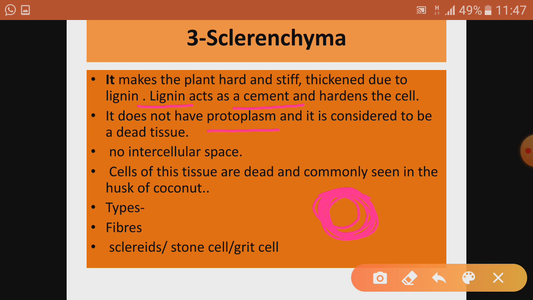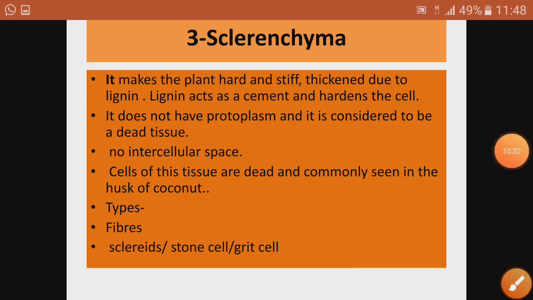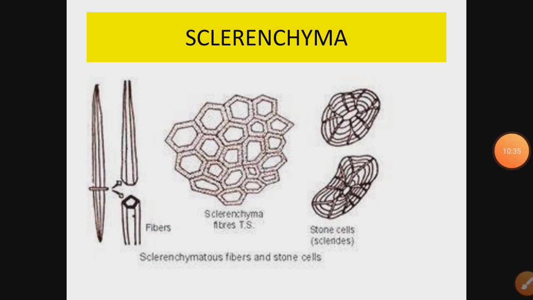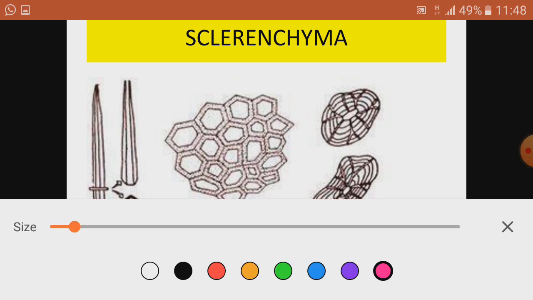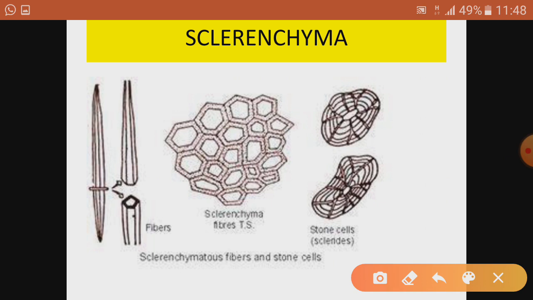They can be present in the form of fibers or they can be present in the form of sclerids. Sclerids are also called stone cells or grit cells. Let us see with the help of one diagram here. Now, see these are the sclerenchyma. You can see in the given picture both types are shown beautifully here. You can see here these are the fibers and these are the stone cells, and this is the transverse section